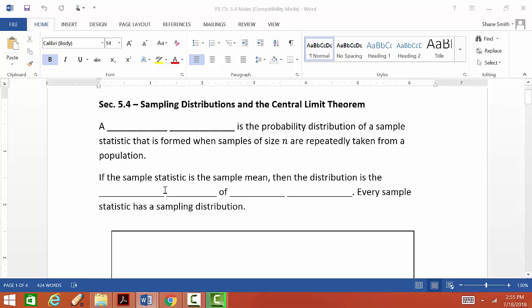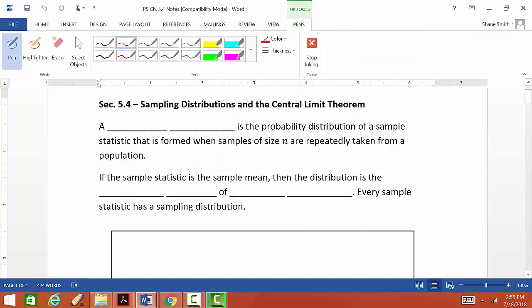And then I'm going to explain more in depth, with some problems and the actual statistical problems that we do involving the central limit theorem. Okay, so the first thing we need to talk about really about the central limit theorem is a sampling distribution. And a sampling distribution